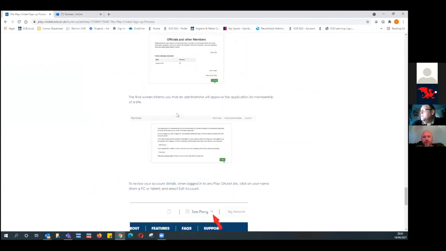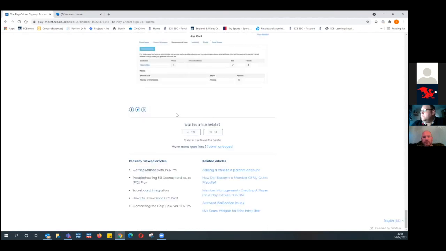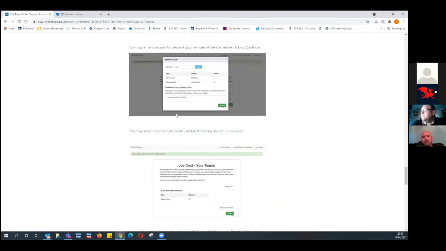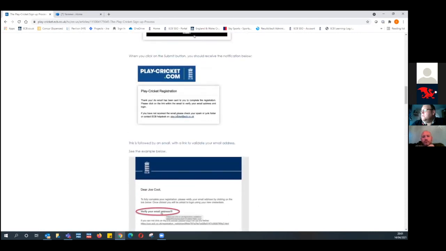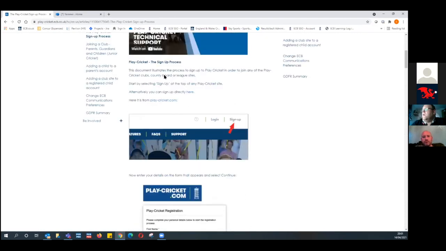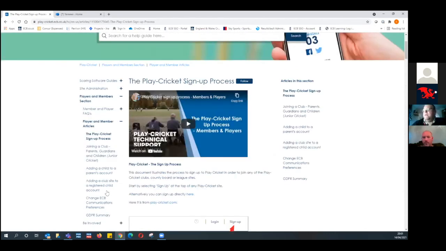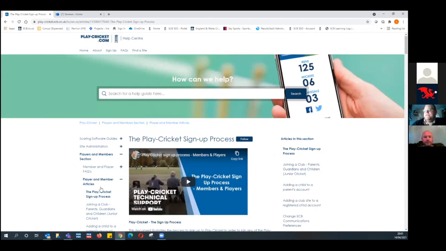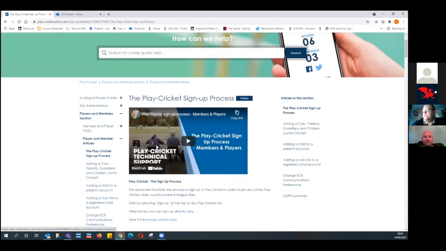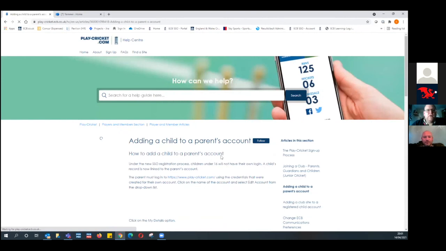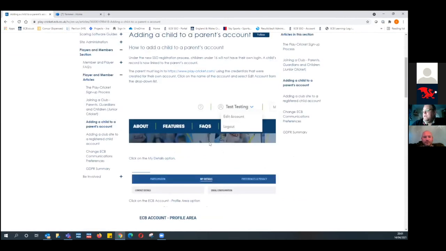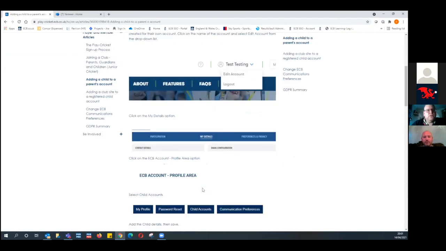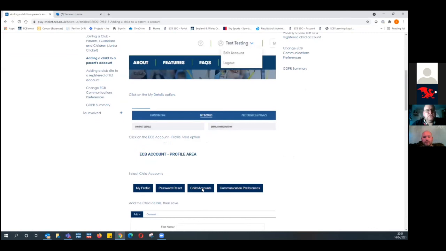Yes, that's great. Thanks. And I think the other main area was registering juniors as a parent. So for registering juniors, again, we've got a help guide for that as well, which is adding a parent to a child's account. We've got a guide here, and once the parent has created their own account, they can log in, click on their ECB account area, and then there's a child accounts option where you can add your children into